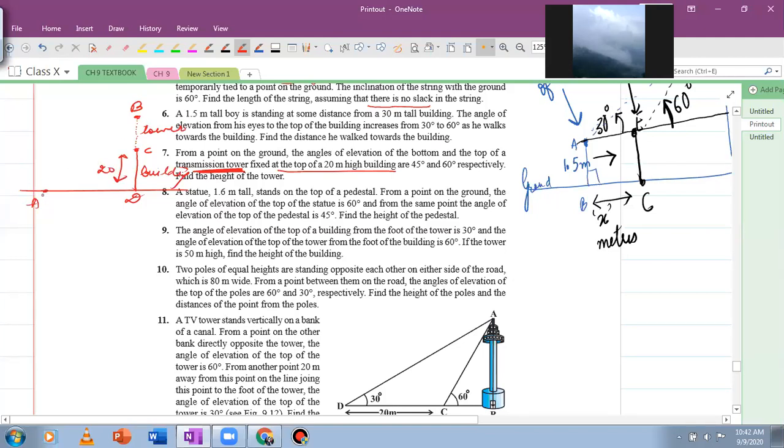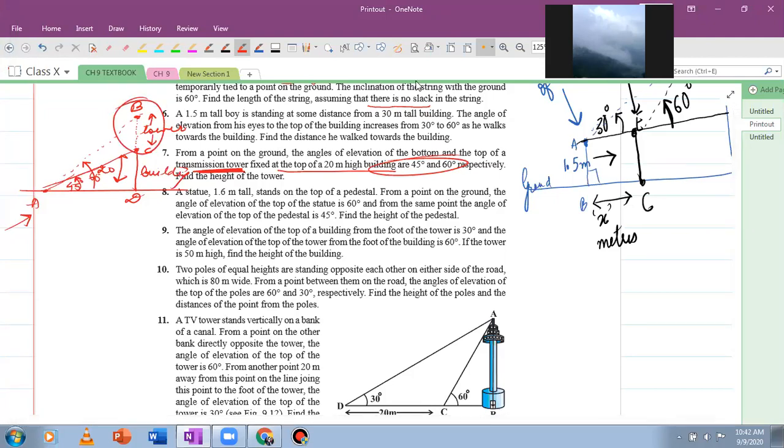From here, from point A, यहाँ से observe कर रहे हैं the top and bottom of the tower. So from A, we look at C, and from A, a person looks at B. दो angles बनेंगे, एक ये वाला angle बनेगा और एक ये वाला angle बनेगा. Those angles are given as 45 and 60. The smaller is 45 and the larger is 60 degrees. You have to find out the height of the tower. आपको ये वाली height find करनी है. BC is the question.